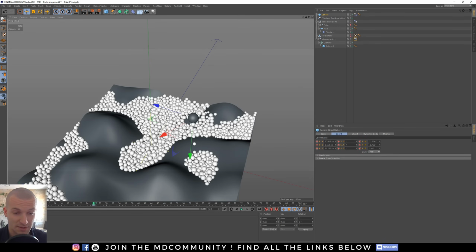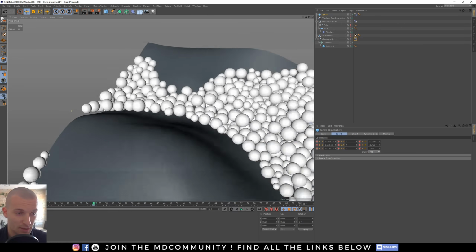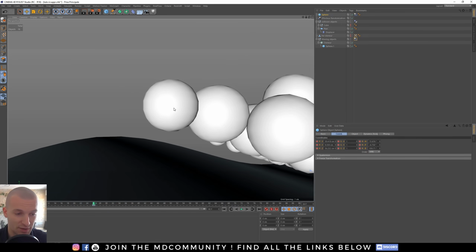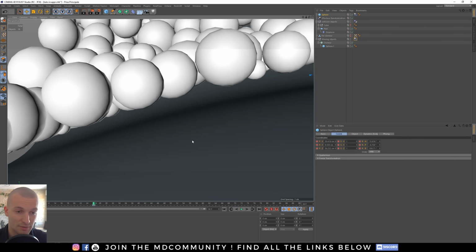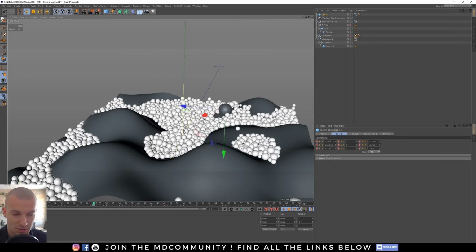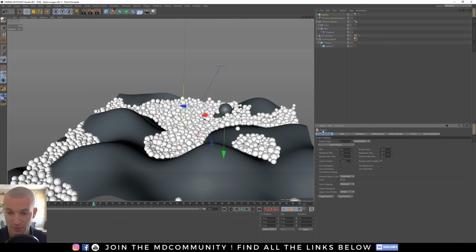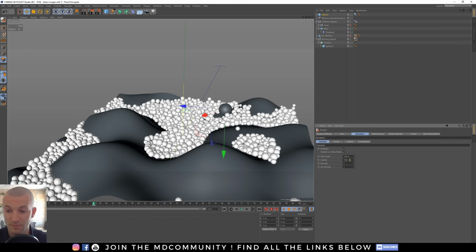Okay, now I will speak about something very important. If I zoom in, we can see that our spheres are not touching the plane perfectly. You have some hidden options. Hit Ctrl D to open the project settings, and you have the Dynamics tab here. In the Dynamics tab, you can go to Expert. By the way, you can see the gravity. This value, 1000, is very good for natural gravity.